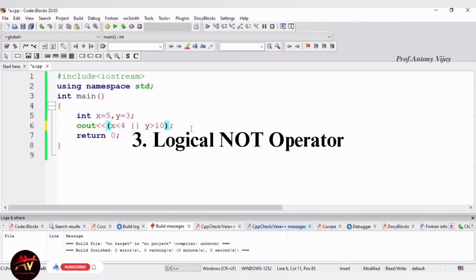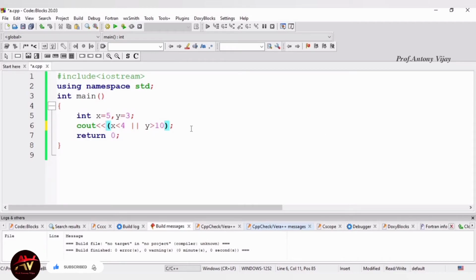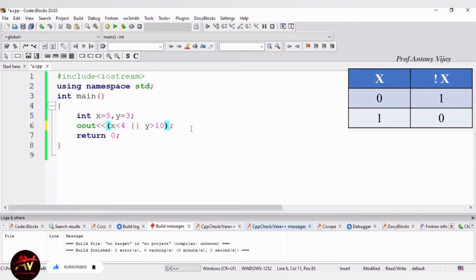Now we are going to see the logical NOT operator. Usually the logical NOT operator is represented outside of the condition, because it is used to invert the condition. If the condition is true, it will produce false. If the condition is false, it will produce true. In this case, both the conditions are false, the first condition as well as the second condition, and in the middle we have logical OR.